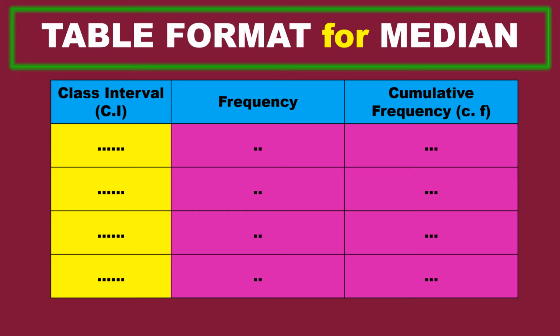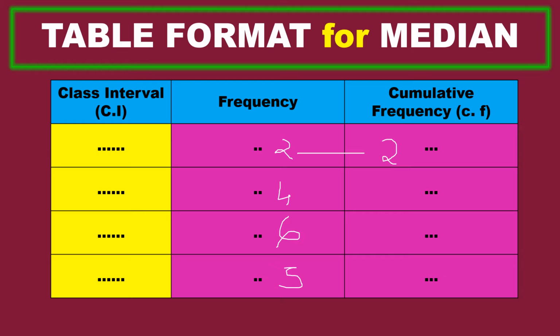Whenever the table is given, how do we find the cumulative frequency? Cumulative means addition in a zigzag way. Suppose I give the frequencies as 2, 4, 6, 5. Now I should add these in a zigzag way. The first value will be 2 only. This will be explained clearly when we solve the problems.